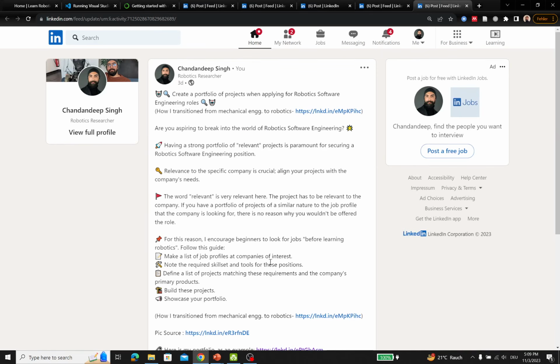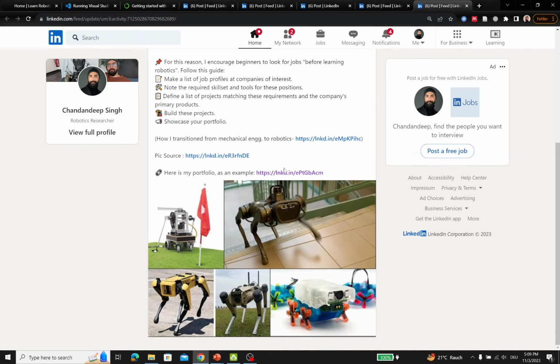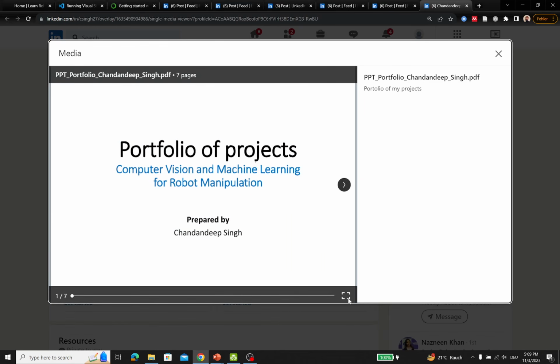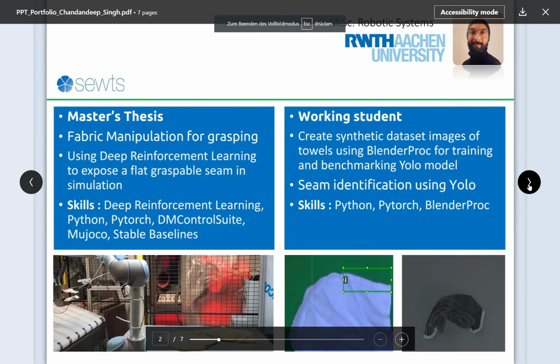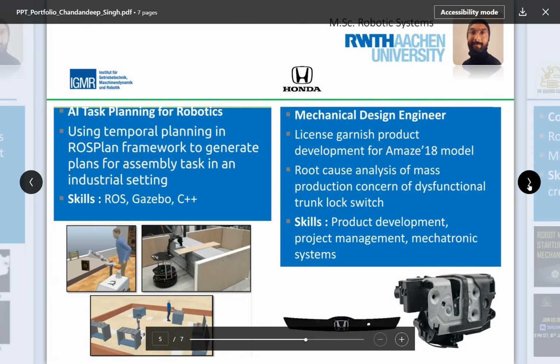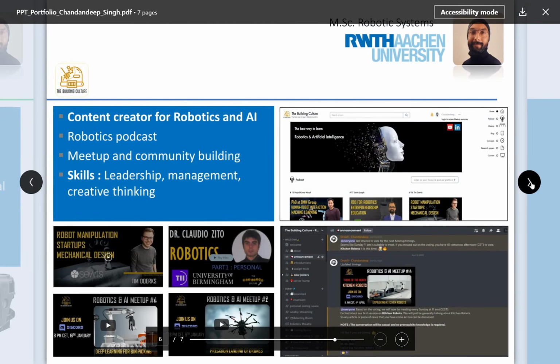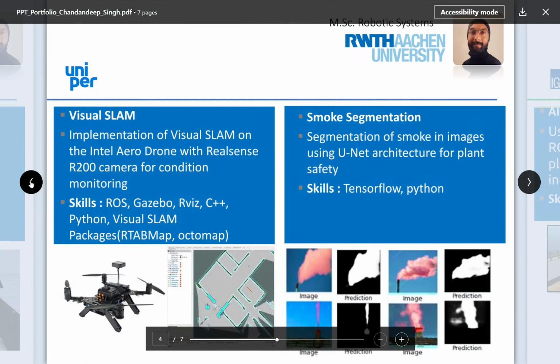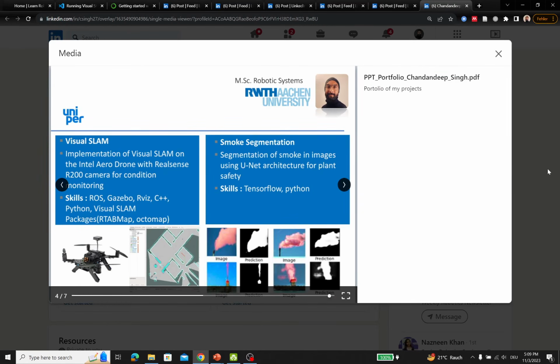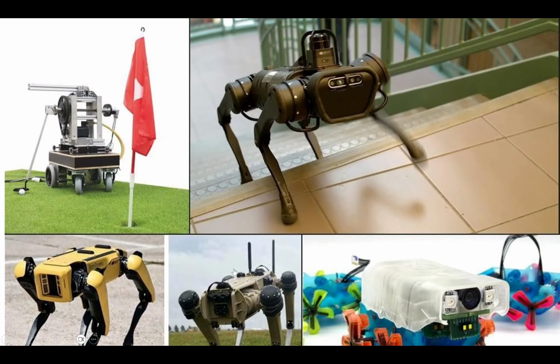let's say, I created a post where I talked about my experience and what the advantages of building a portfolio are. And here's my portfolio. This is probably not fully updated or optimized, but this should give you an idea of what the portfolio of projects should look like. So make sure to create a portfolio of projects, and you can maybe make it even nicer. This is not the final version of the portfolio that I present. So this is